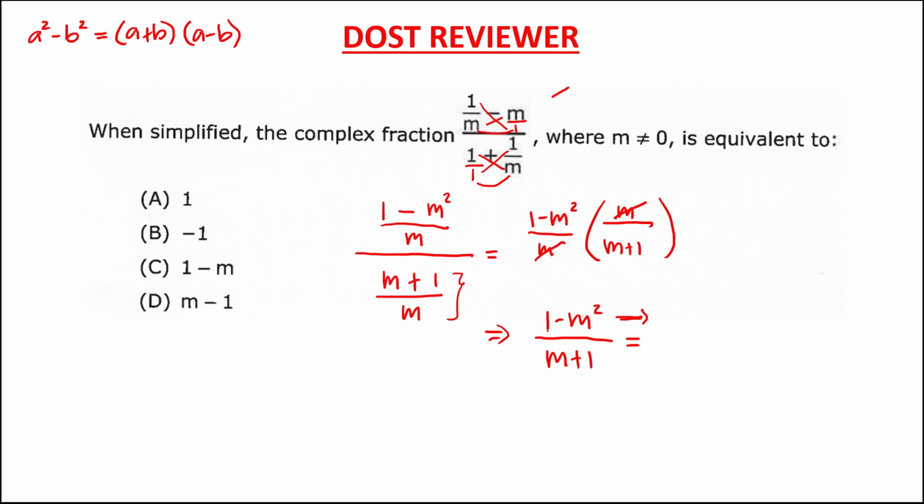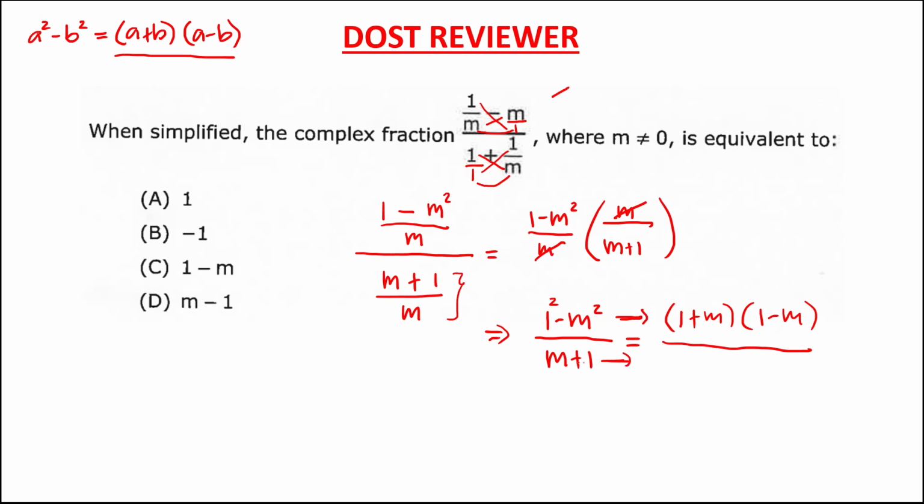Since we can rewrite this one as 1 squared, we can apply now this factoring, and the factors for this 1 squared minus m squared, this is 1 plus m, then times 1 minus m, then over,